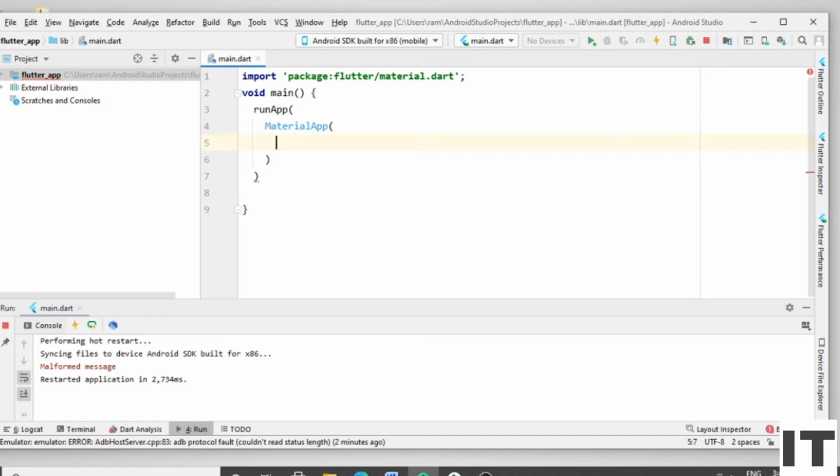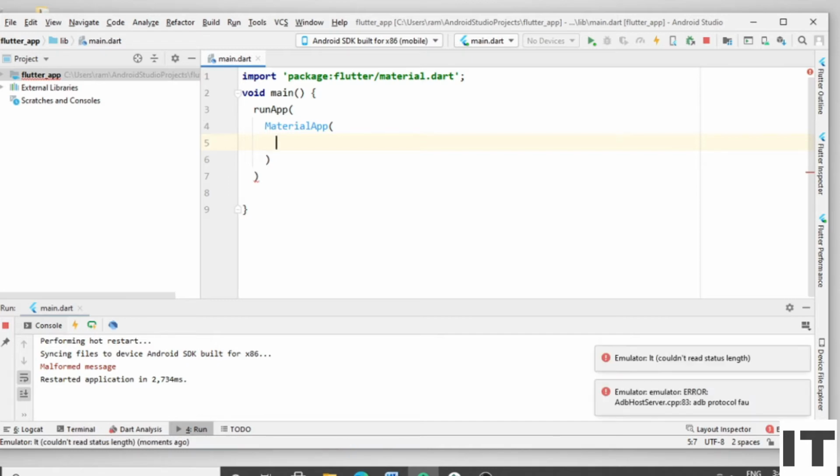MaterialApp is a widget that introduces many interesting tools such as the navigator or a theme to help you develop your application. You should have a MaterialApp near the root of your application and then use the widgets that introduce a material instance, such as the scaffold and app bar. We are using both for our application.